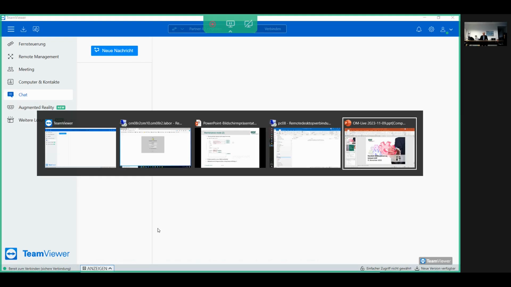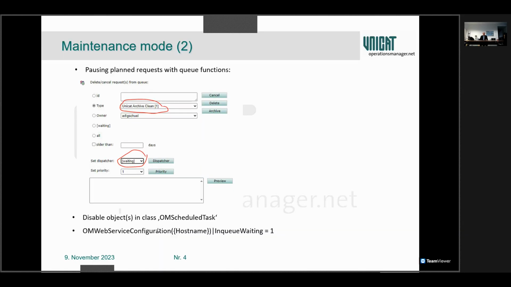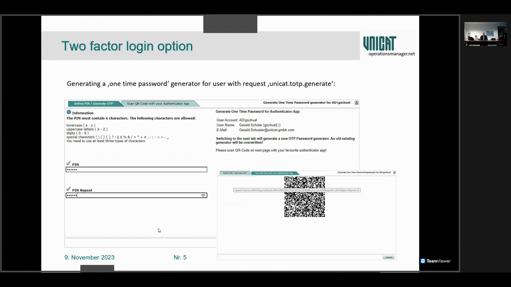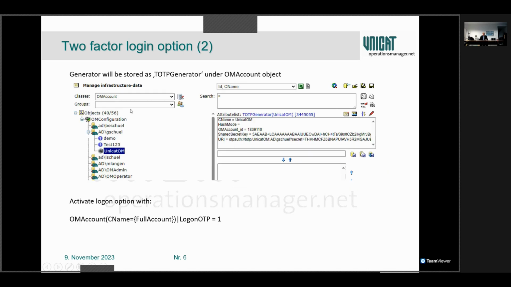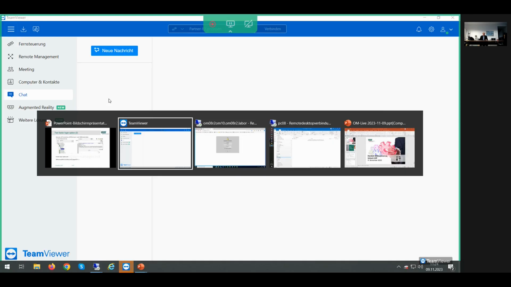Okay, so the next topic is the two-factor login option. That's very easy to configure. We have a request to generate a one-time password generator. You need an application like Google Authenticator or something like this. And there is a request. You can generate this. And when you generate it with a request, then it will be placed